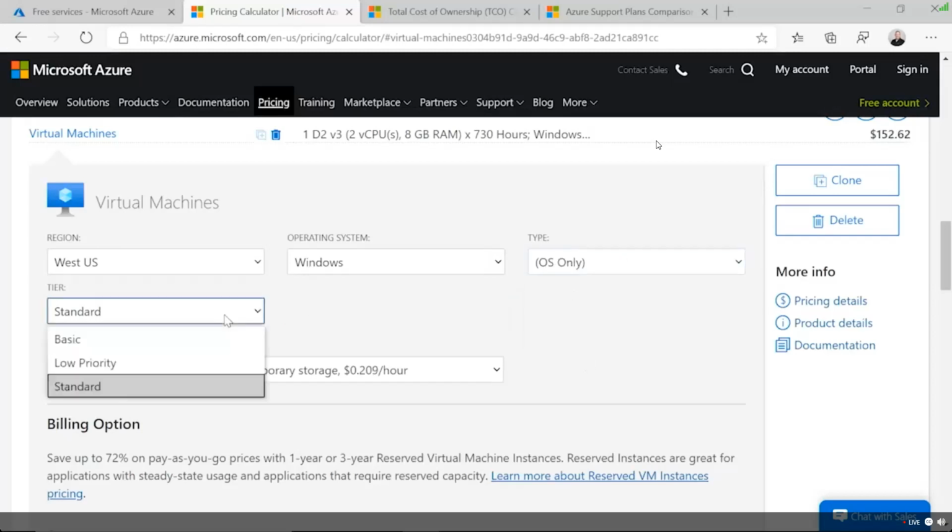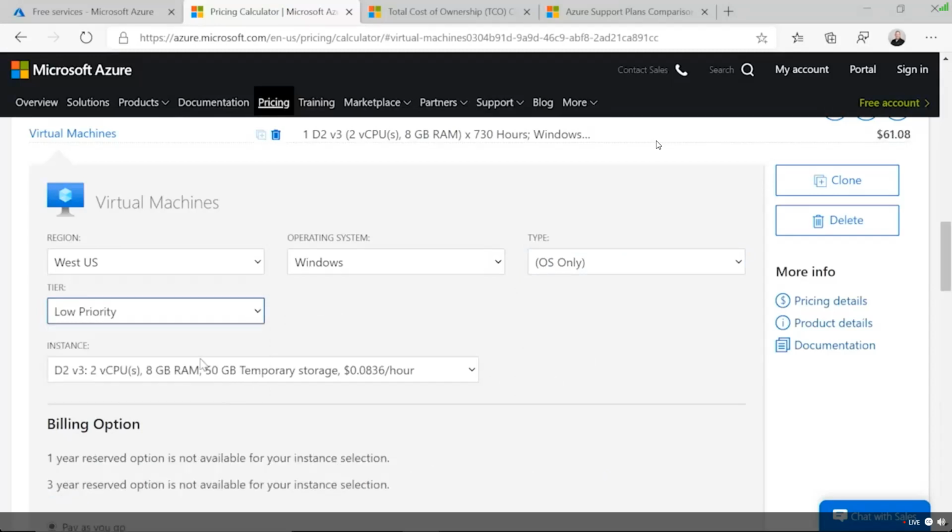We have the different type of tier. I have standard, and I have one called low priority. Low priority machines are basically our way of saying, okay, you know what, I'd like to have 5 servers always, but I'd like to have 10 just to have. Well, you can buy 5 additional low priority servers, but if Azure needs that capacity for whatever reason, we're going to take those servers away from you. But to do that, we give you a price discount on those machines. So normally what we'll see is folks say, hey, I have 5 servers running at full price, don't ever touch them, and then I have 5 running low priority, which are called spot instances, that Azure can take back if it needs capacity. And because you do that, you get a discounted rate.